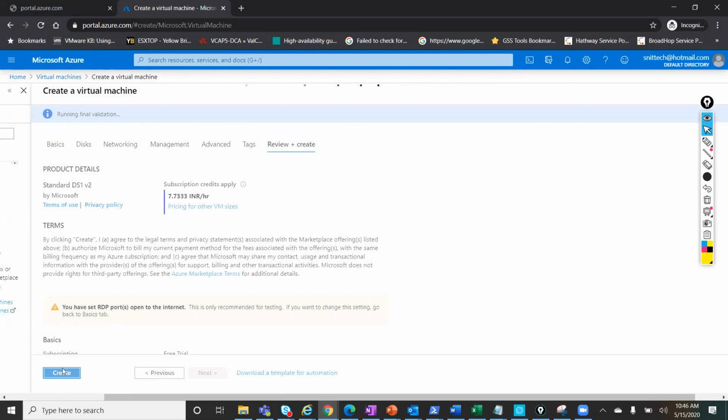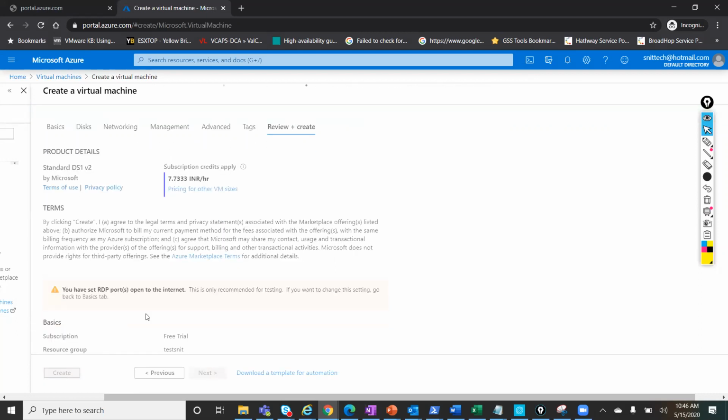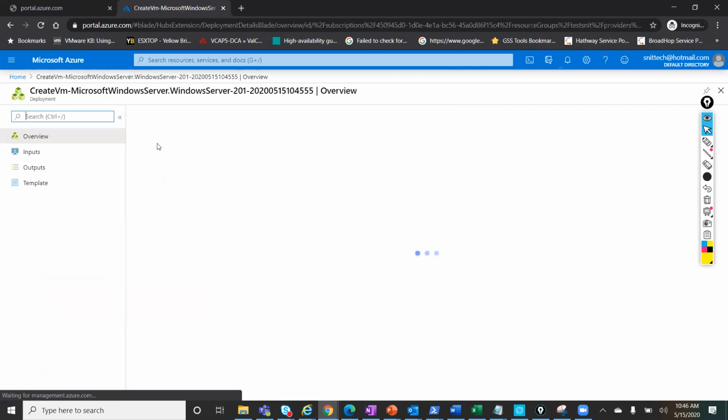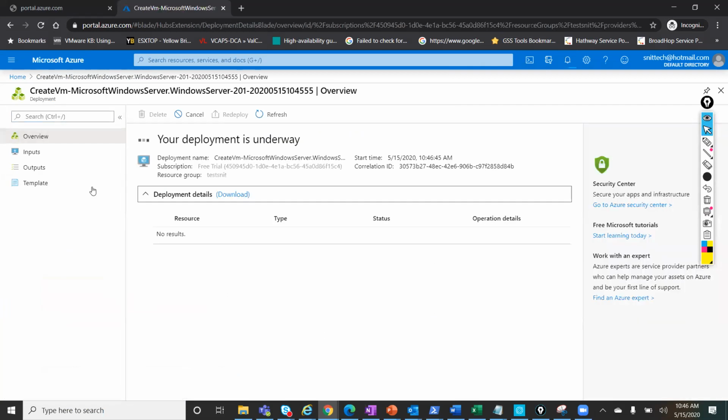Review and create. So if I create this, I'll be seeing an initializing deployment event here, right? So once the deployment is submitted, it is deployment in progress. So this is the place where we can see the deployment logs, right?